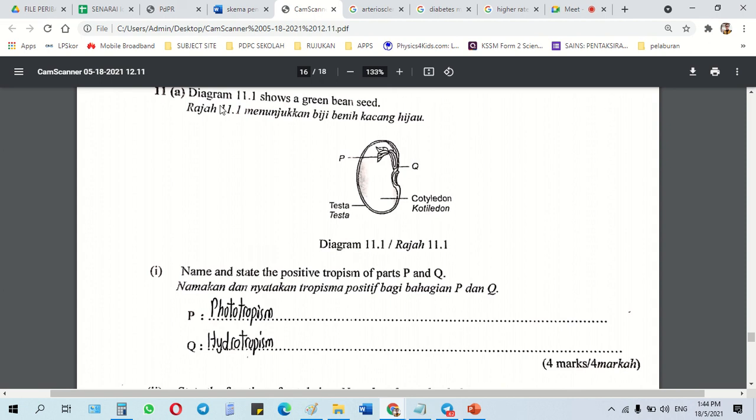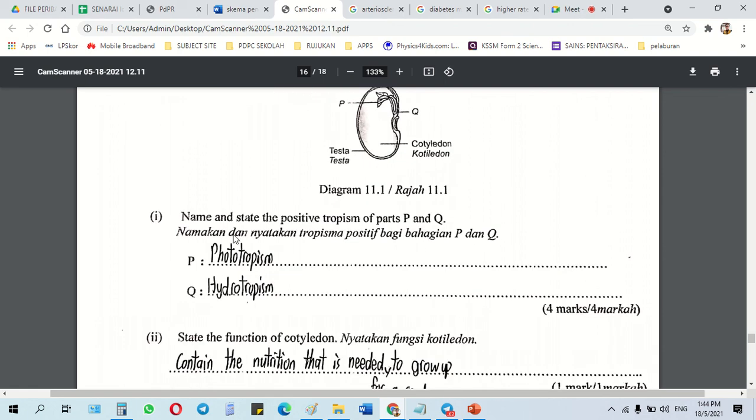Okay. Diagram 11.1 show the green bean seed. So we have Q and P. So name the state of the positive tropism parts P and Q. So P is plumal. So plumal ni tadi ataupun pucuk dia tu, plumal kita bagi tahu positive phototropism. Okay. Dia minta dekat sini positif. So siapa yang bagi tahu phototropism, saya anggap you bagi tahu dekat situ positif phototropism lah. And then Q is positive hydrotropism. So ni saya bagi